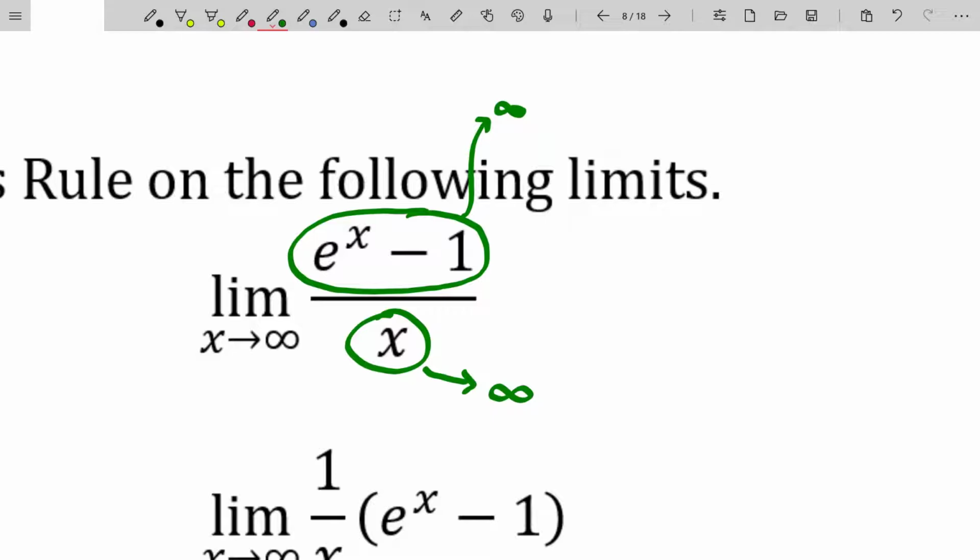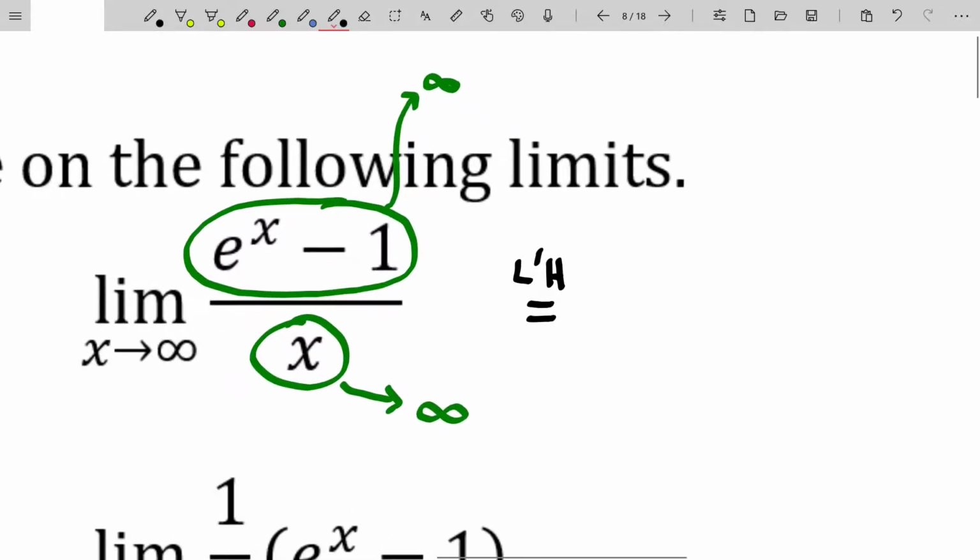So I'm pretty much stuck at this point, and I need to use some new rule called L'Hopital's rule. You will see that every time I use L'Hopital's rule, I do this. I say that equals, and then I write an L with an H, right? And the reason why is because I just want to let the reader know that I am now using